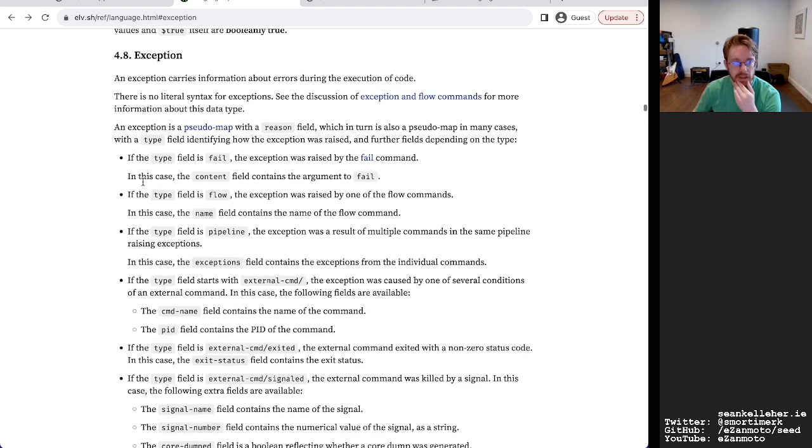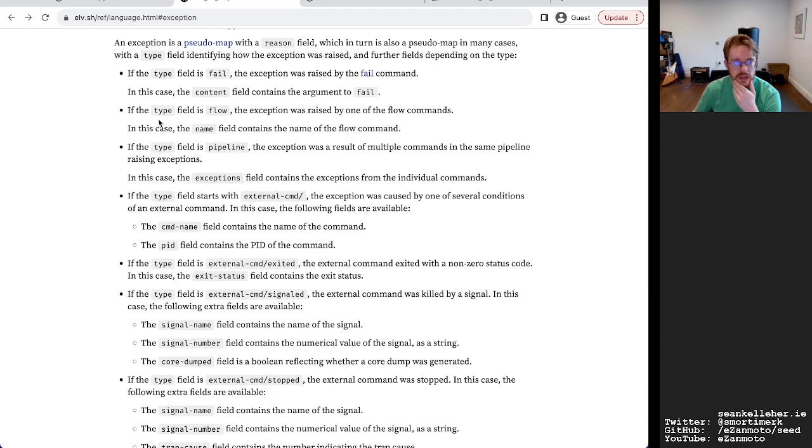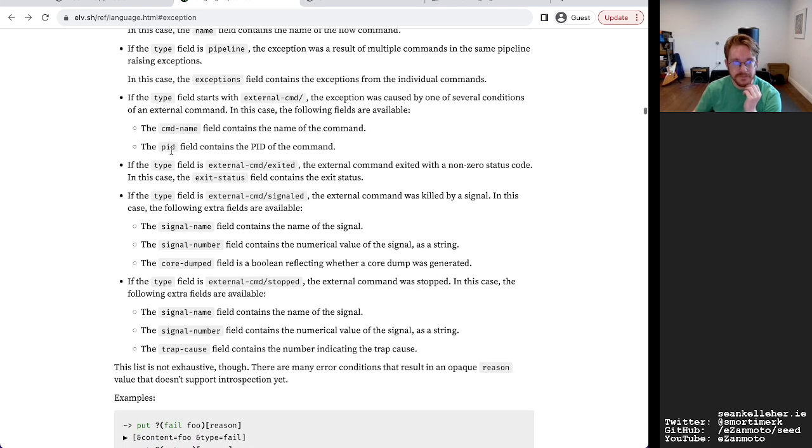Pseudo map, if the type is fail, if the type field is flow. Interesting. So you can modify how it gets handled. If the type field is pipeline exception, it was a result of multiple commands in the same pipeline raising exceptions. It then contains the exception if the type starts with external CMD. Okay.